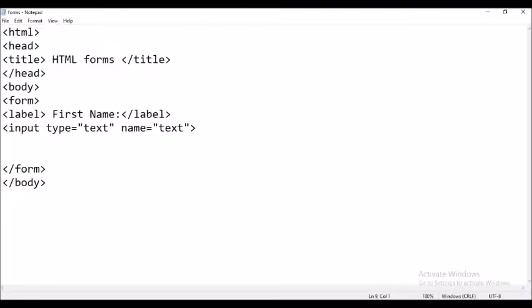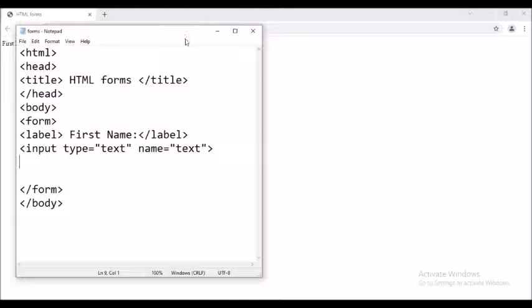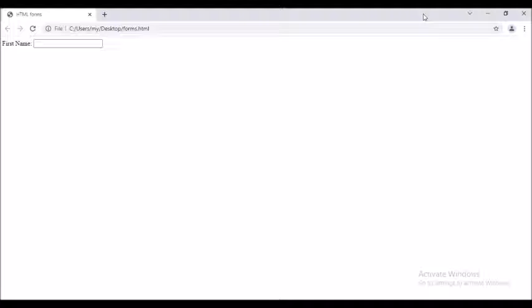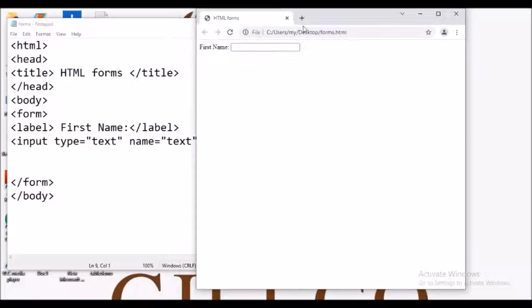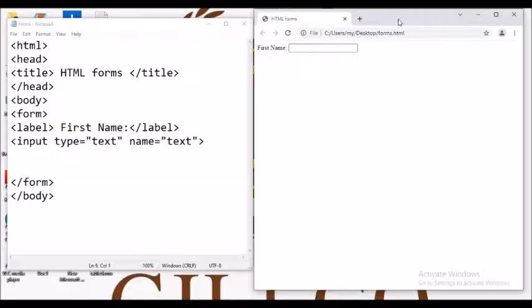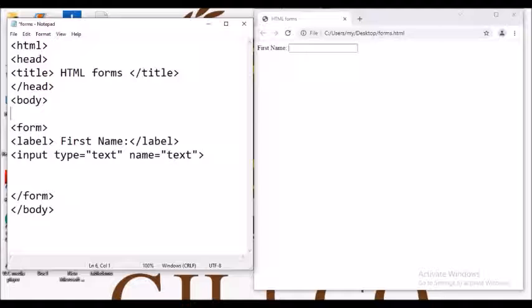Now I come back to my HTML file. I'll keep both the windows open simultaneously. Now I want to give a heading to this form. So I'll use a heading level wherein I will write demo form.